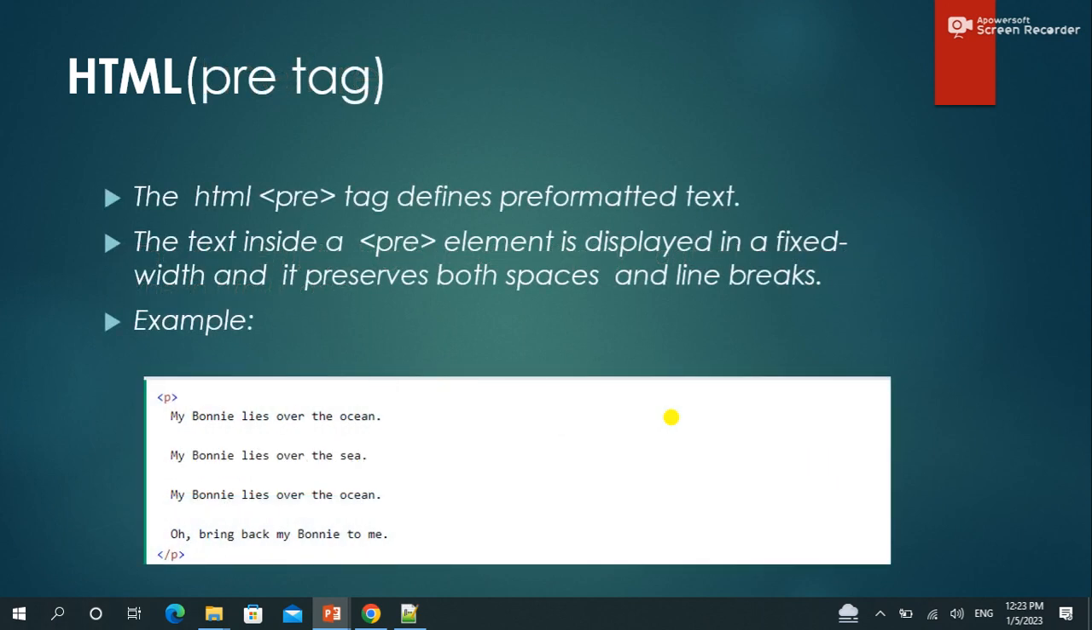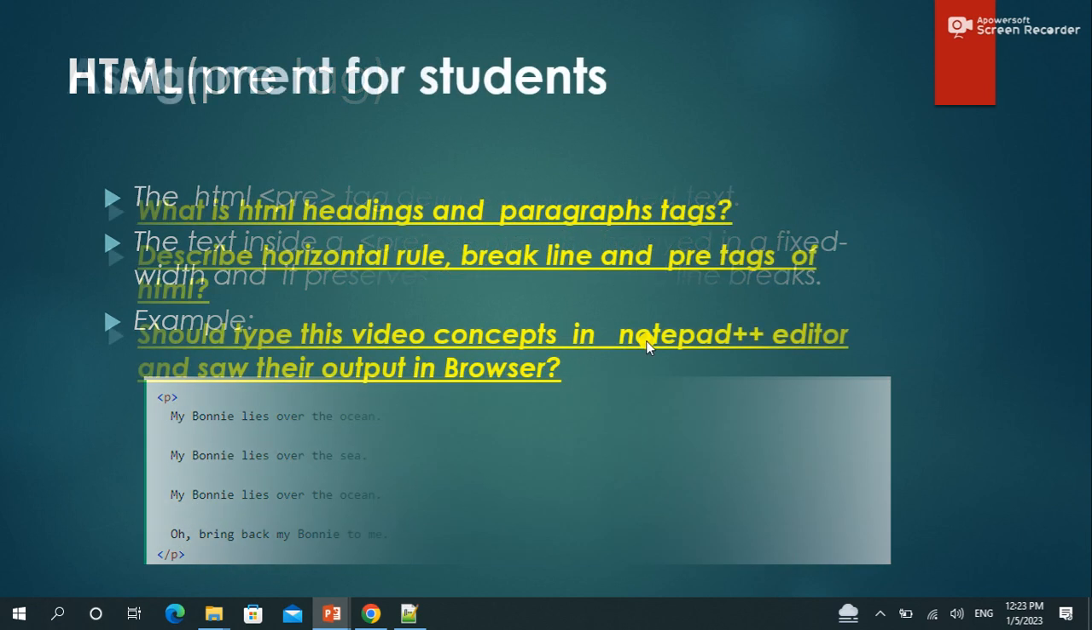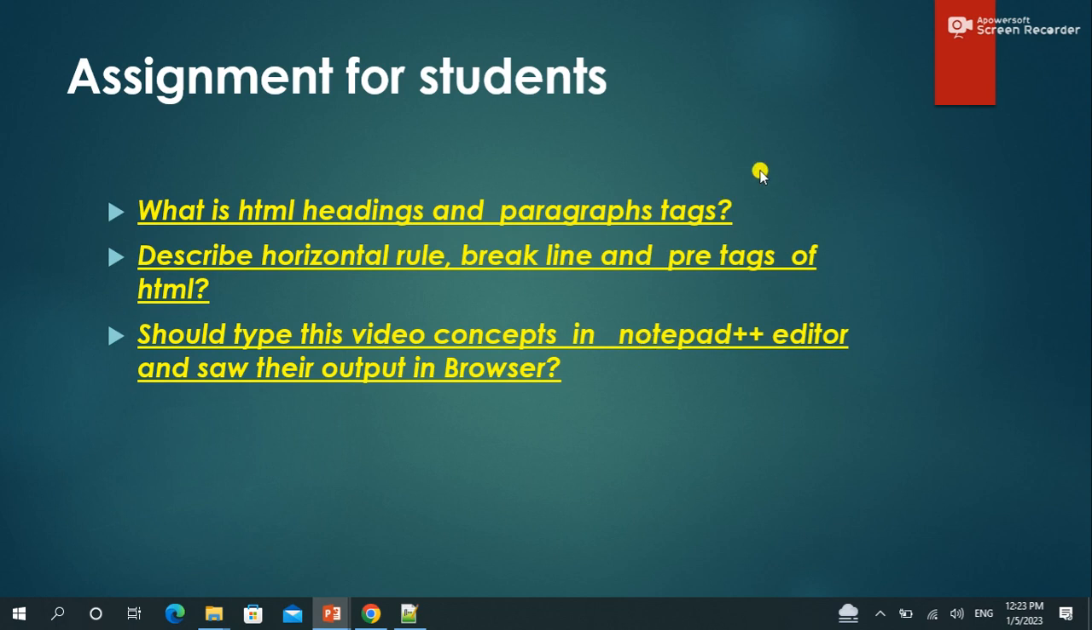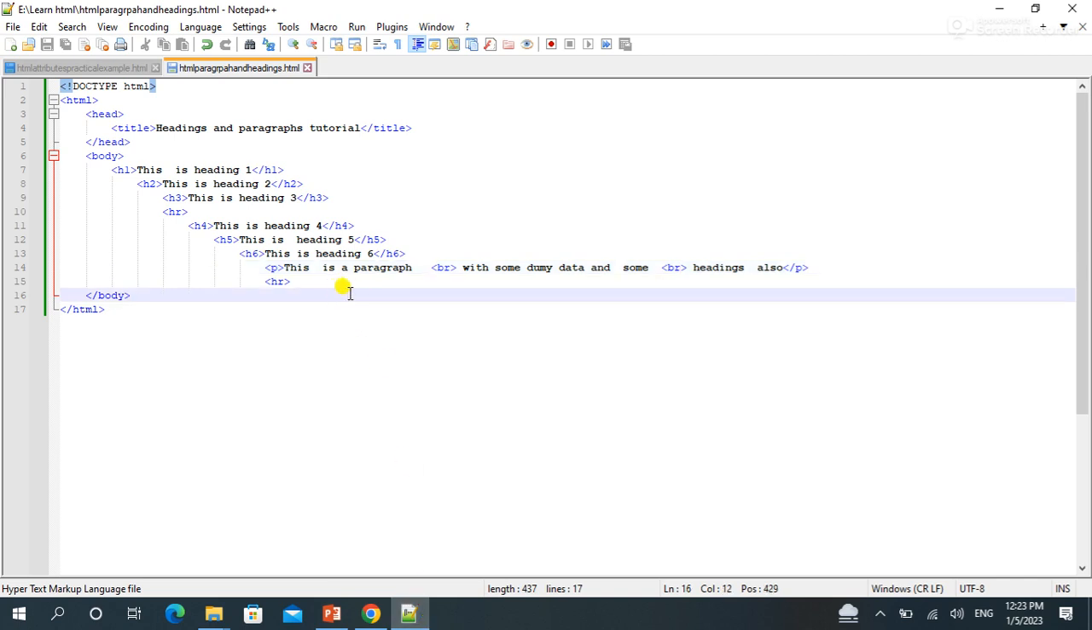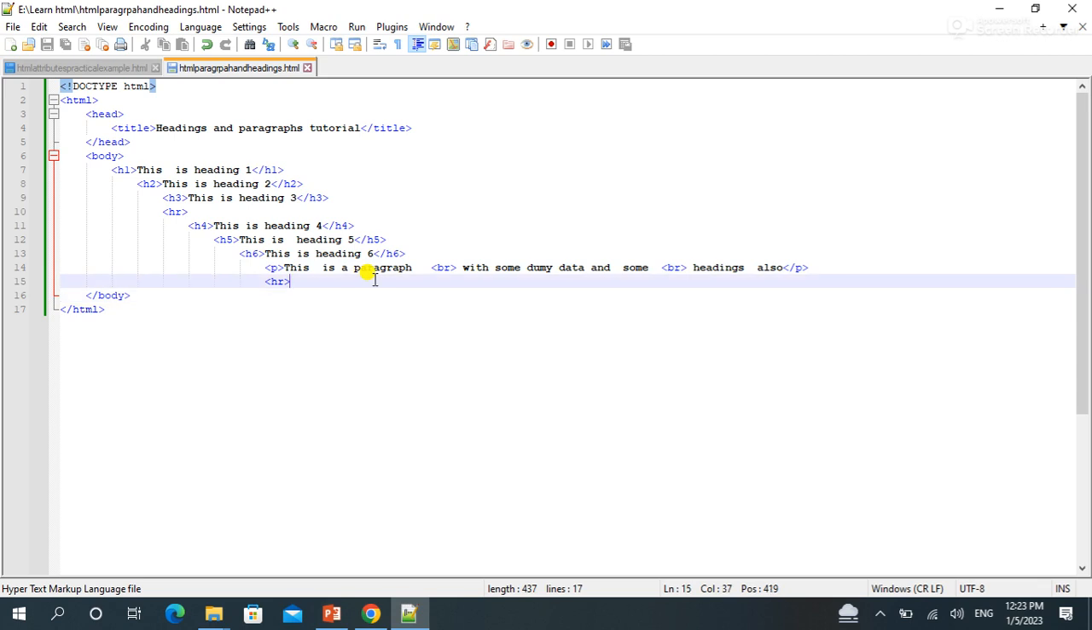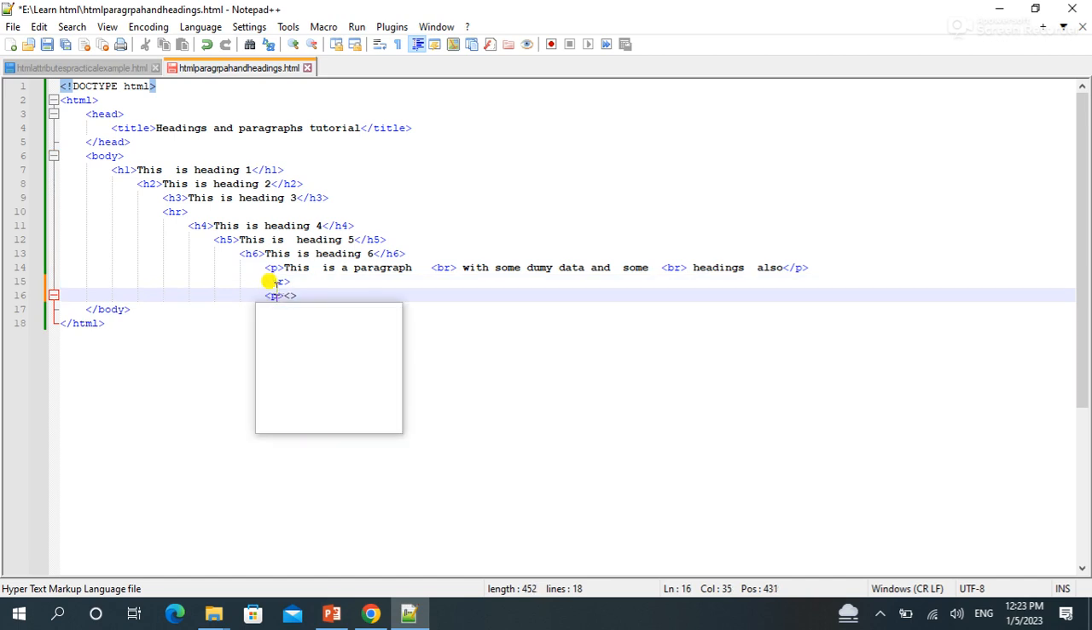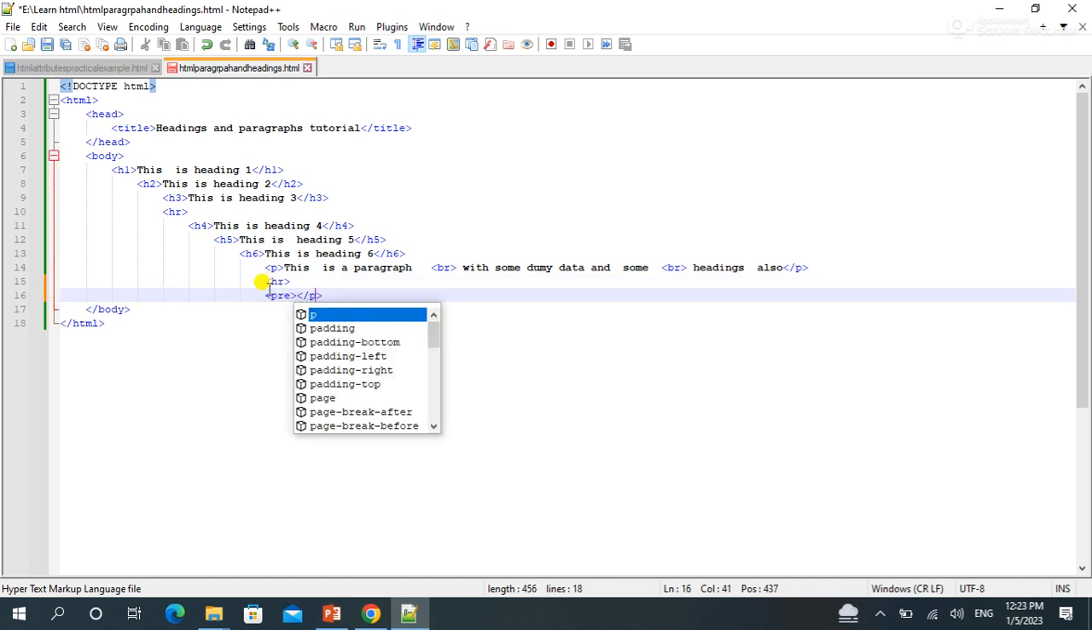The next tag is the pre tag. The HTML pre tag defines pre-formatted text. The text inside a pre element is displayed in a fixed width, and it preserves both spaces and line breaks. For better understanding, we will type some code inside our editor. For this I will go to my HTML editor, that is Notepad++, and type the pre tag here and